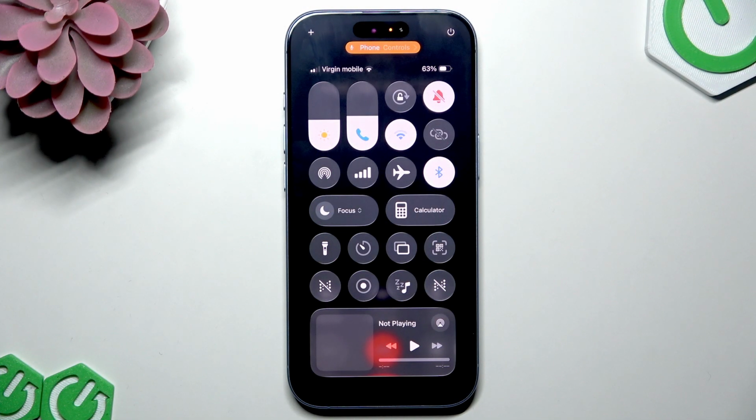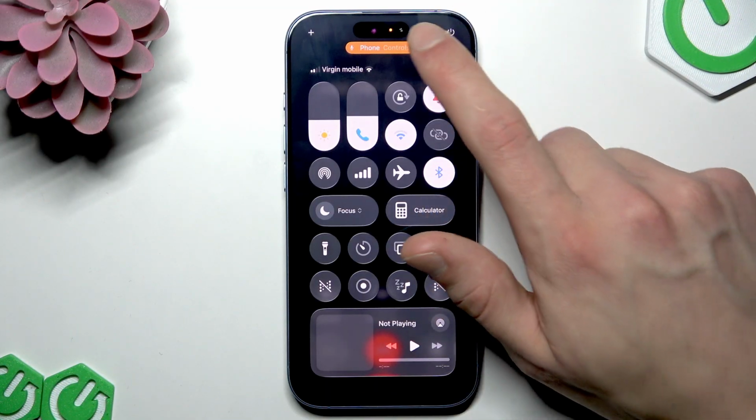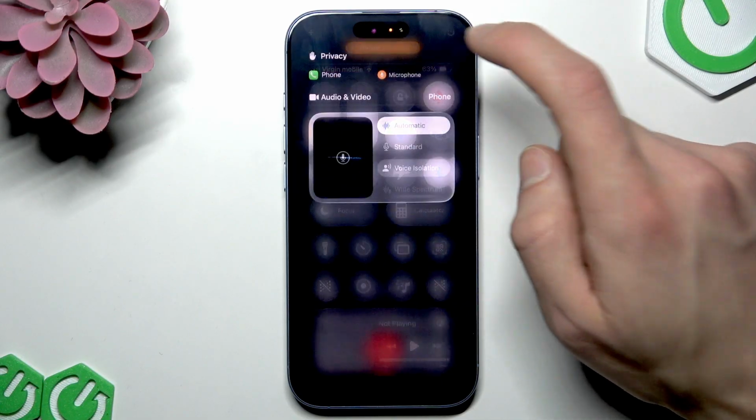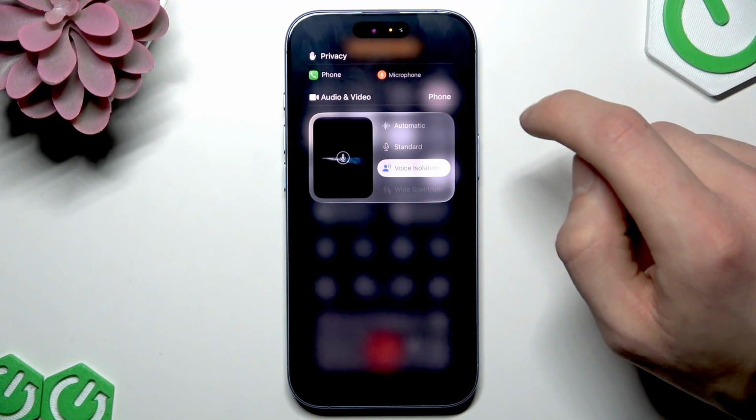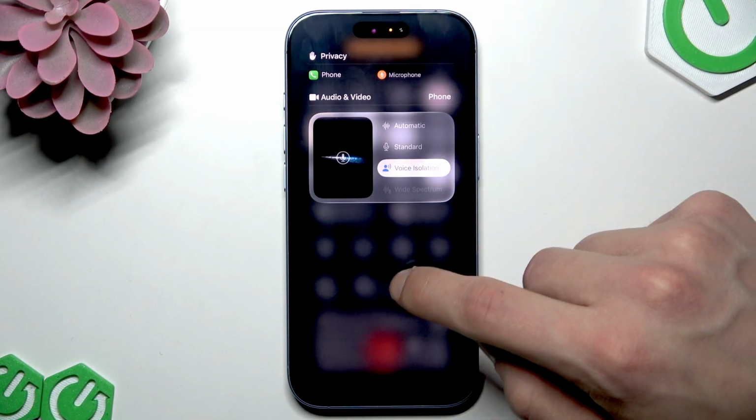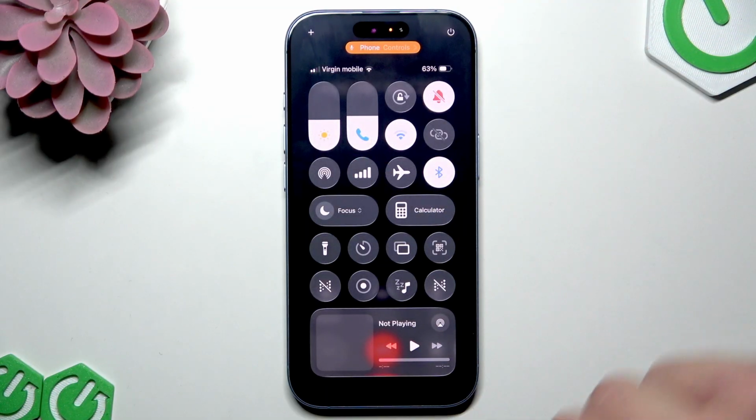So as you could have already guessed, in order to enable this feature, you're gonna have to swipe down the Control Center during the call and then tap on your phone icon at the top of your screen and select voice isolation. And that's basically how you enable this feature, and it works both for Instagram and Snapchat calls and also the